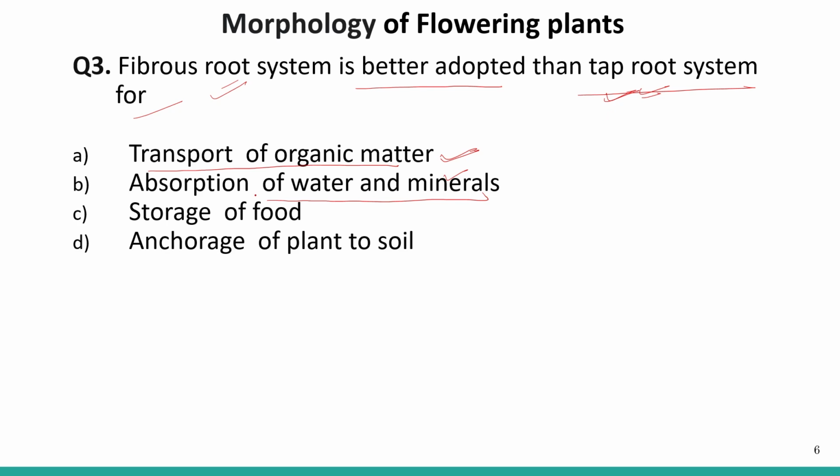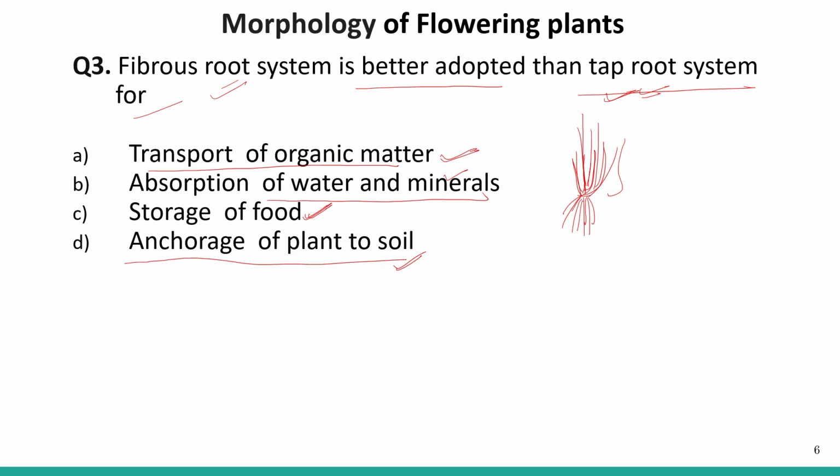Okay. Storage of food, or the anchorage of the plants to the soil. Okay, so let us see what type of plants the fibrous root system has, and what type of plants the tap root system has. The fibrous root system is present in cereals or the grasses. Generally these are present in monocot plants that are comparatively weaker. They are not woody, they are weaker plants,